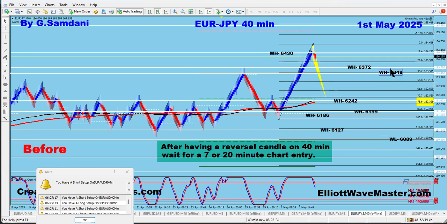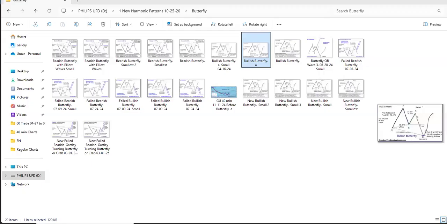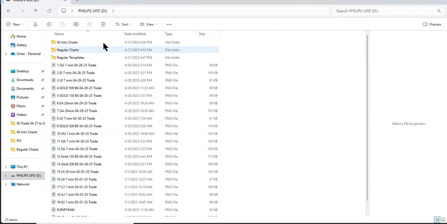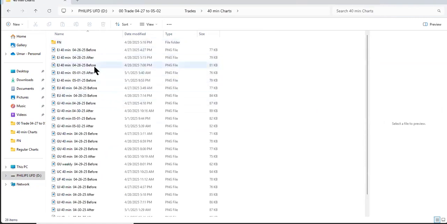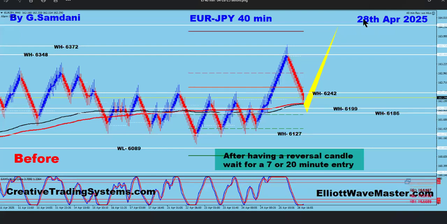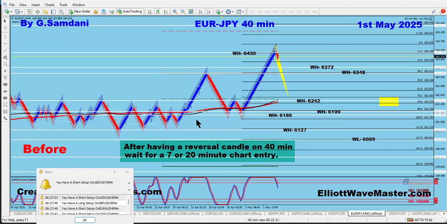So this is what I look for. And that's how I'm able to catch these directions. 90% of the time, my charts are right on the dot. You know that, right? I made the chart that this thing is going to go from here to here. You remember that chart? Let me find it. EJ, EJ, EJ. It may be this one or the other one. This one was on the 28th, but I made another one. Where did that one go? See, this one I said, this one. Oh, no, this is the one. Oh, okay, no problem. I got confused.